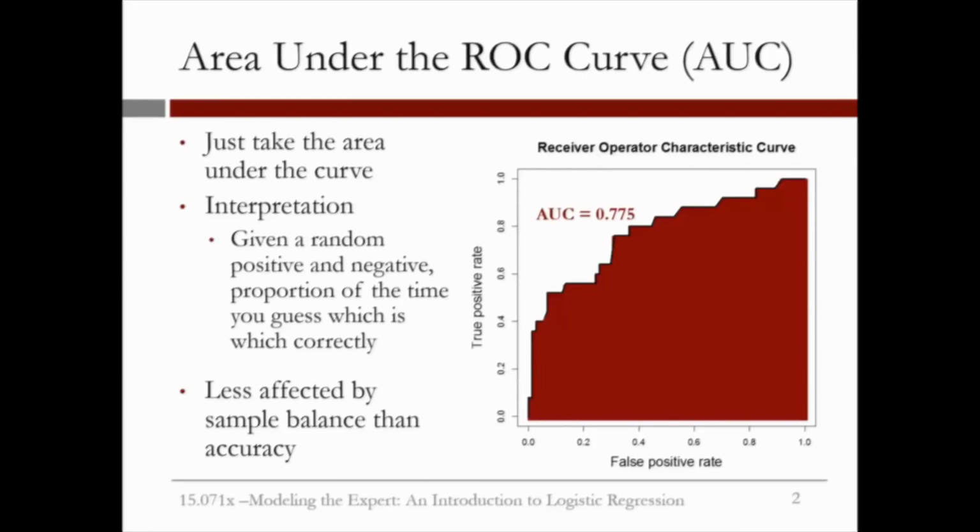So the area under the curve shows an absolute measure of quality of prediction, in this particular case 77.5%, which means that given that the perfect score is 100%, this is like a B, whereas, as we'll see later, a 50% score, which is pure guessing, is like a